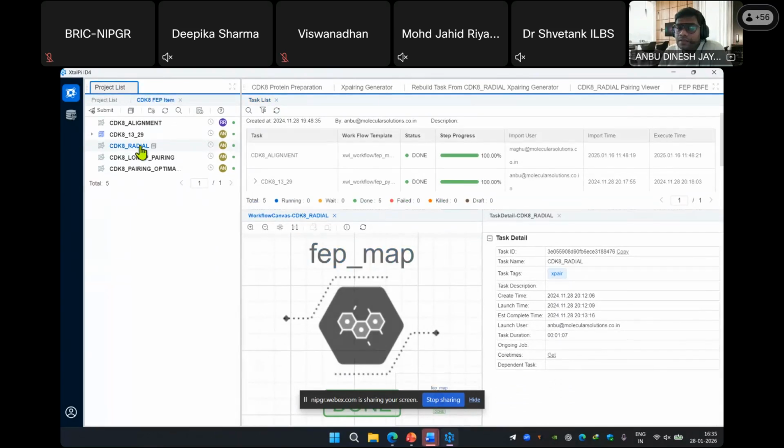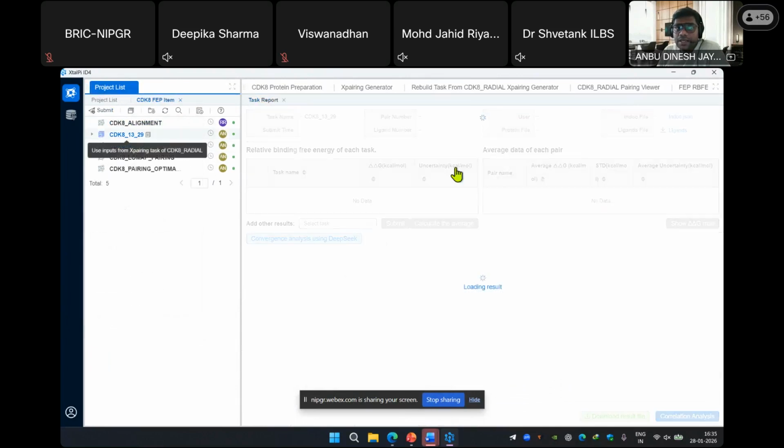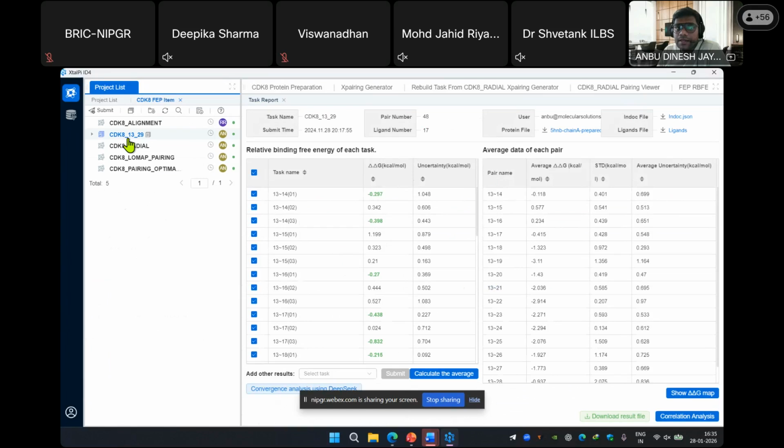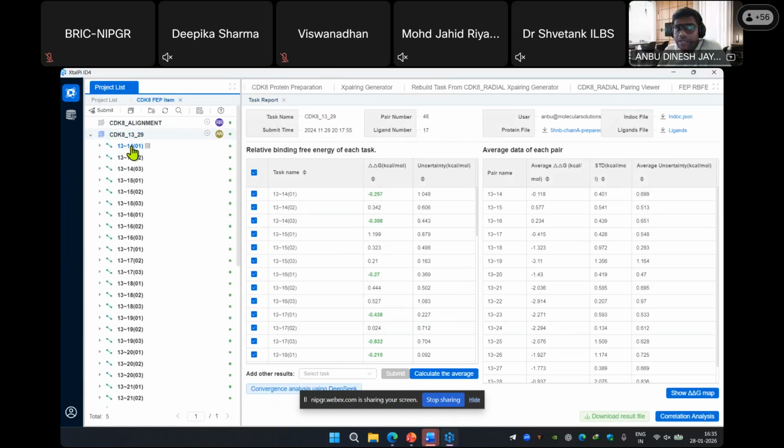Okay. Then once the calculation has been initiated, that also can be seen in the job monitor and the output will look like this. So here, after pairing and mapping, if you submit the calculation, the calculations will be initiated and you can see the output here. If you want to see the output of the individual calculation for each and every pair, that also can be seen